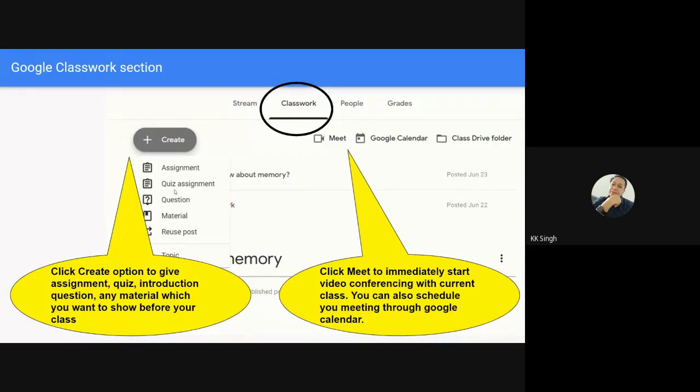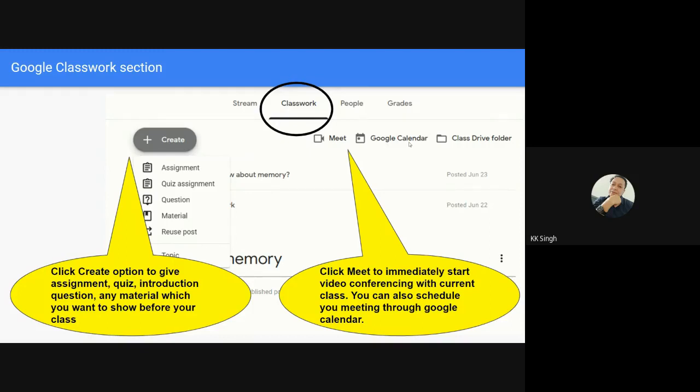So anything you want to do, first you click it and choose the topic you want to take, and related to that topic, you can provide the material, the question, the assignment and the quiz assignment. From here also, you can schedule the event, since Google Calendar is here.